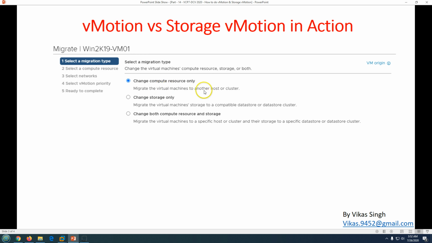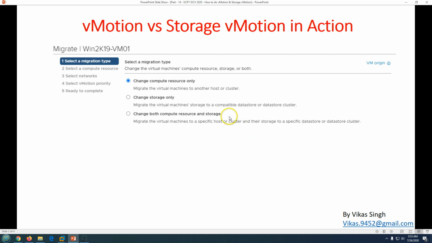And migrate the virtual machine to another ESXi host or cluster is your compute migration, or the vMotion. And the last one is change both compute and storage. Sometimes this is required when you migrate the virtual machine from one storage to another storage and from one cluster or host to another host or cluster.